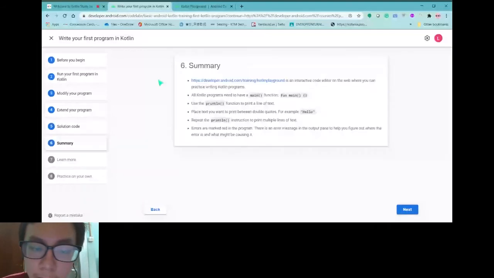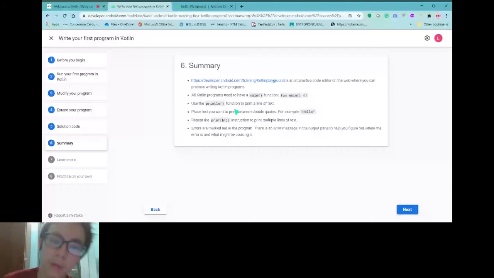So for this activity, it's basically very easy. Before you run, all your programs have to have a main method so that the program can first find the main method and then start to execute it line by line inside the main method. And if you want to print, you just use print or print line. The text you want to print, you put in double quotes, and to print multiple lines, you just repeat it.